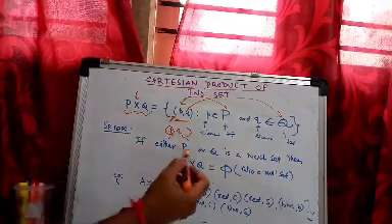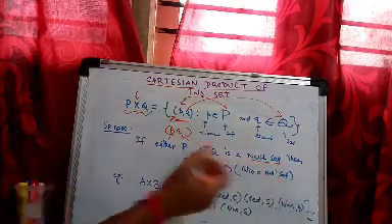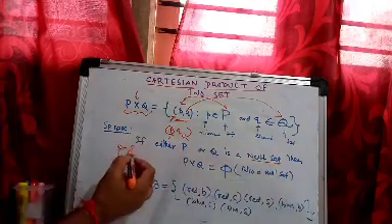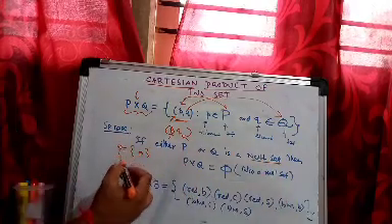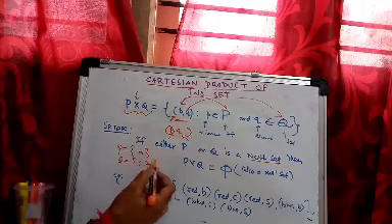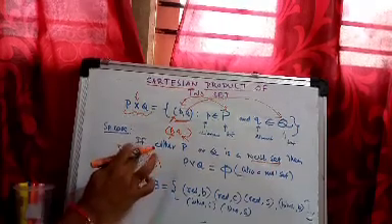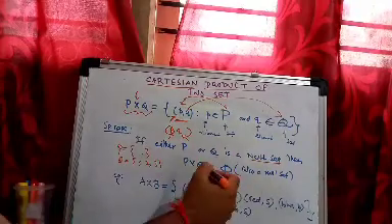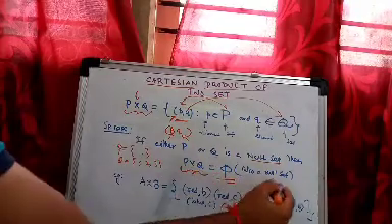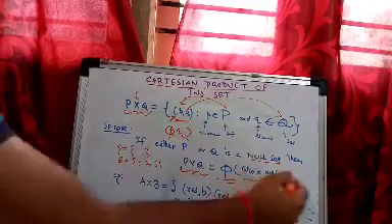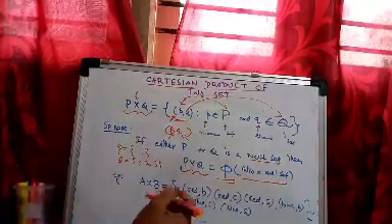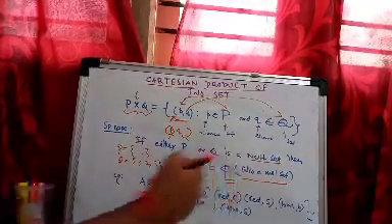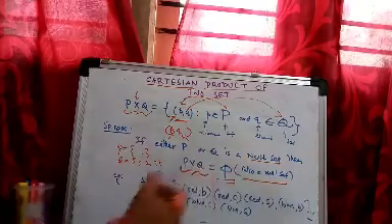Now assume one of the sets is a null set. Suppose P is one set which has no element, and Q has some elements, suppose 1, 2, 3, 4. But P has no elements. Then what is P cross Q? P cross Q is phi, which means the resulting Cartesian product also has no element. Remember, this is very important. The resultant P cross Q is also null, so phi is called a null set.